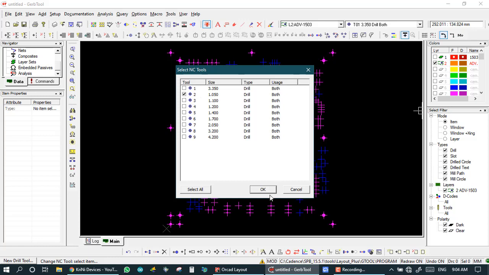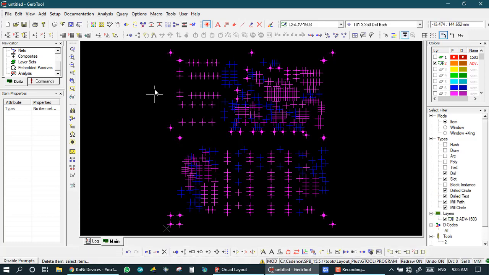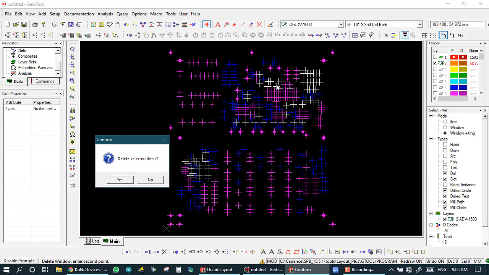OK. So here we see that tool 2 is active, not the other tools. Here is mode, window and tool. I select window. So the only active one is tool 2.